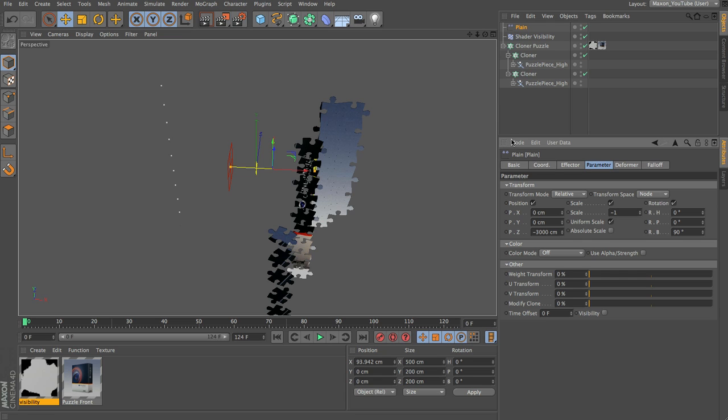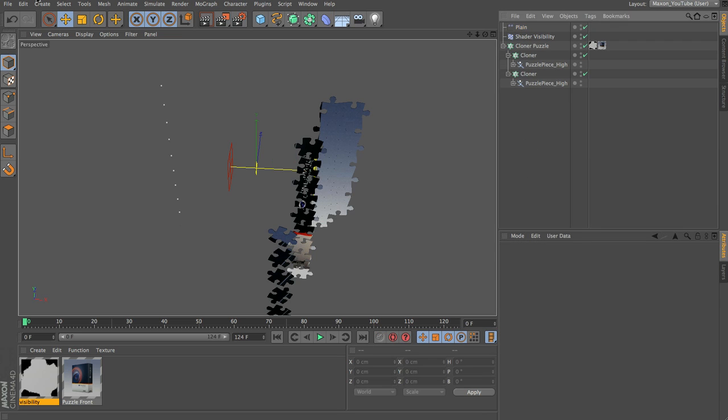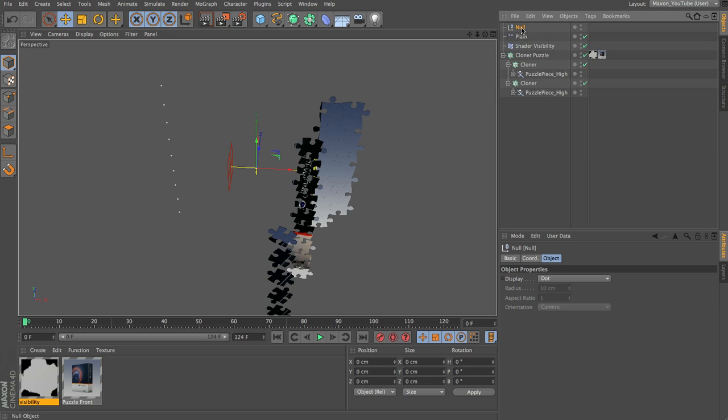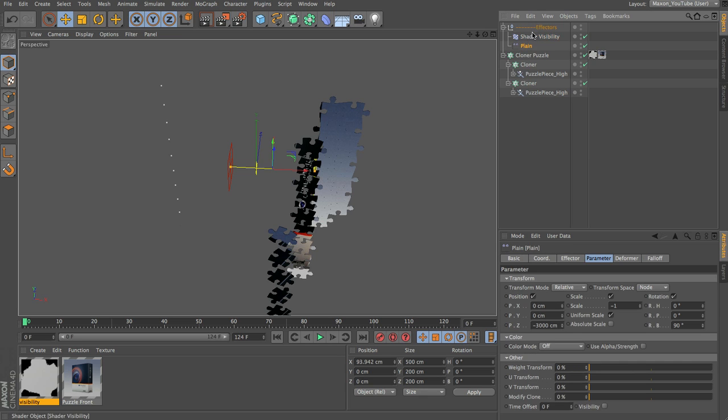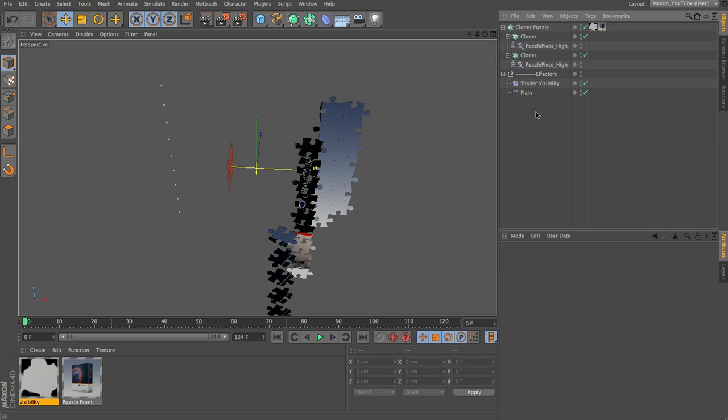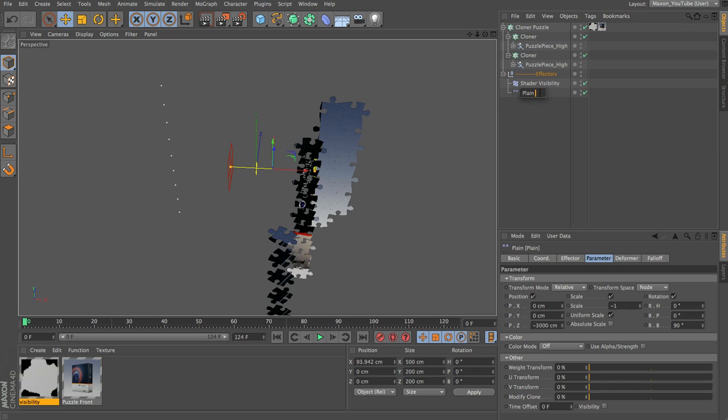Before we do that, however, let's organize our scene a little bit. I'm going to come up and just choose create null, and I'm going to call this null effectors, and then I'm going to drag and drop my effectors in here. I'm just going to take this and drop it to the bottom of the object manager. We can also use layers, and we can add our elements to layers, and that's something that I strongly advise when you're working with large complex projects, because it will help to organize the scene as you go. In this example I'm not going to use them just for the sake of time, I'm trying to fit everything in. Also need to name all our objects, so we call this puzzle wipe.